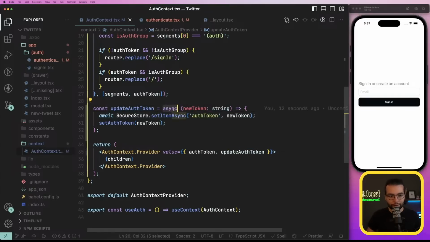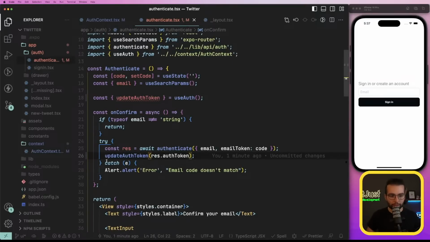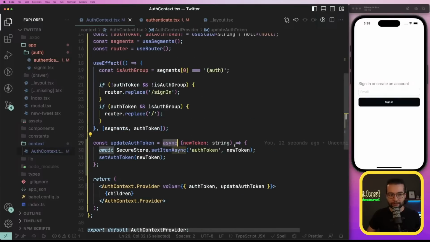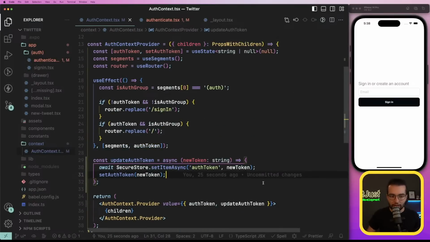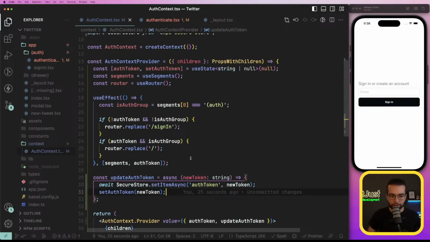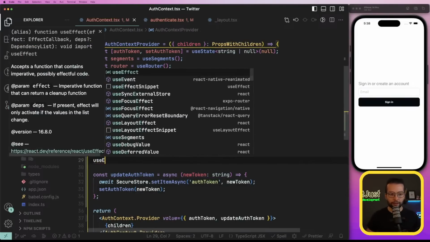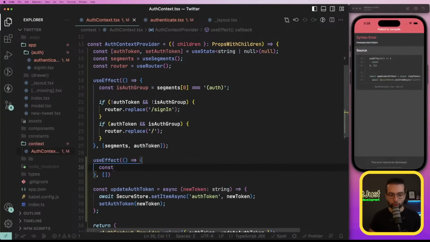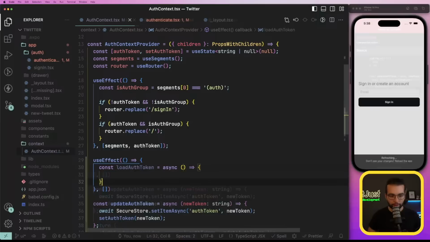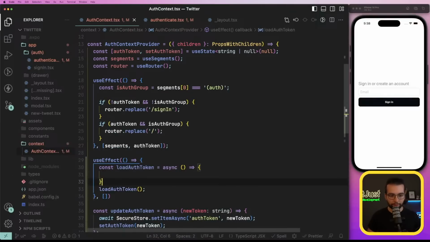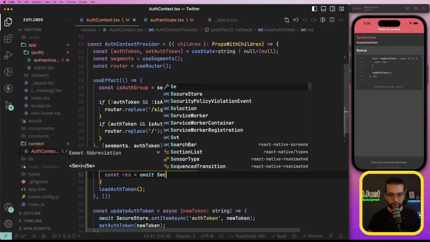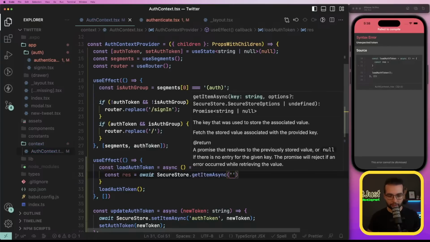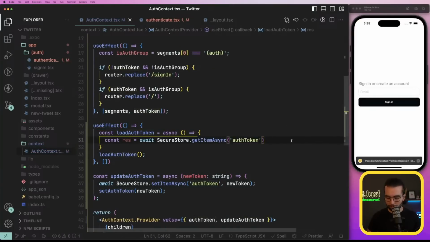And because this is an async function, in the authenticate screen we should also make sure to await here to update the authentication token. Perfect. The second step is reading this authentication token when the application mounts. So to do that, we're gonna add a new useEffect with an empty dependency list that will load the auth token. So loadAuthToken is going to be an async function that should be called right away. And in this async function, let's do const response. As well, we're gonna await the secure store using get method, and using the same key, we are going to be able to access it from the